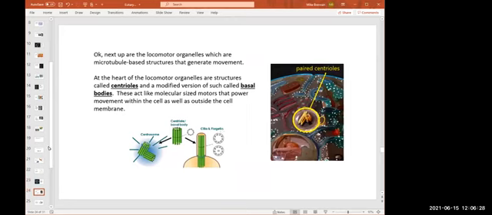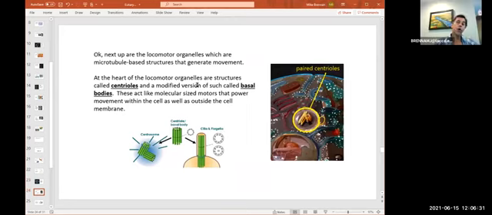Okay, we're coming towards the end here. We have organelles for movement, locomotor organelles. Now, these are microtubule-based structures. So you have what are called centrioles, and then a version of that called basal bodies. In this cell model that we have, both old and new versions, they have a pair of centrioles at 90-degree